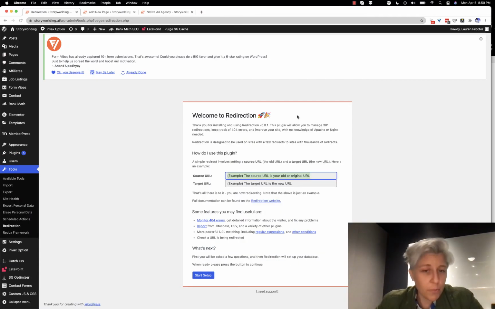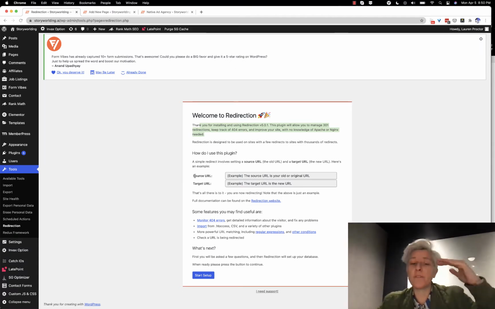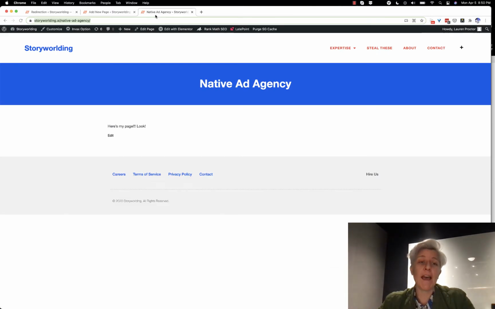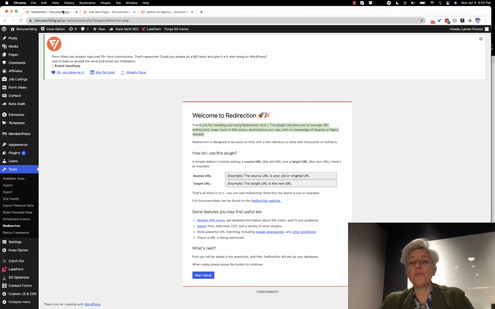Here's the first page. You can see that it tells you a little bit about this plugin and how it works. The bottom line is this: you have a source URL like native ad agency, and you want to make it into another URL like native advertising agency. And so what this does is it allows you to make that change very easily, and you can monitor